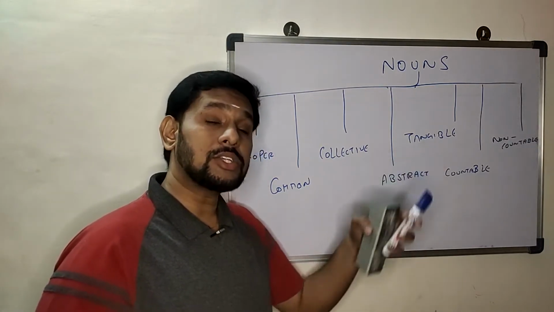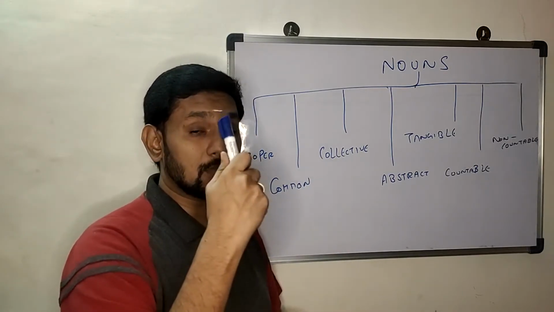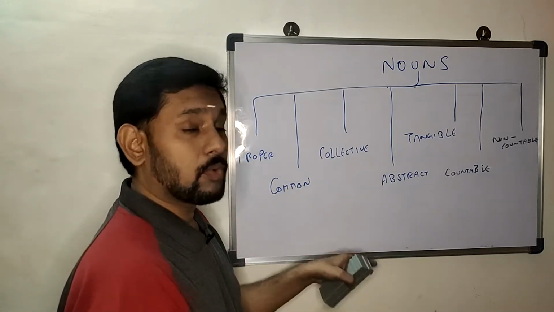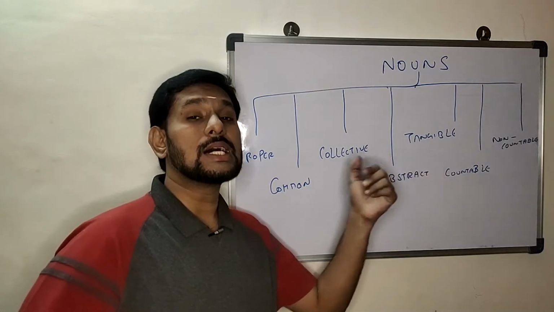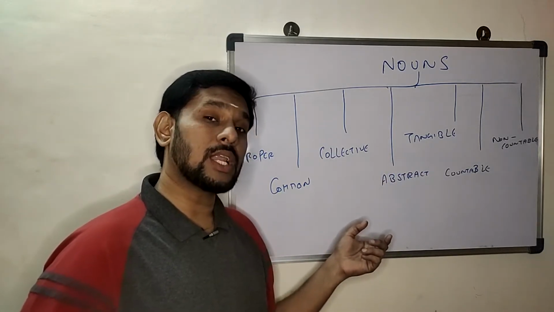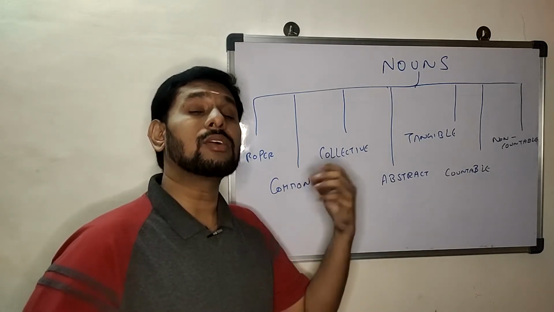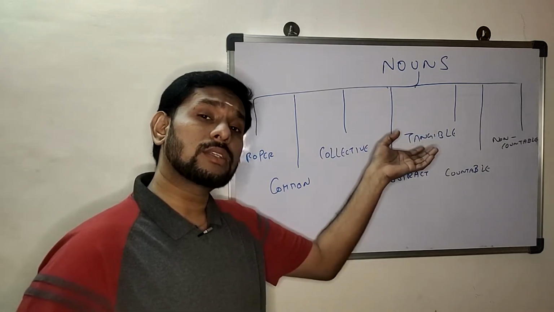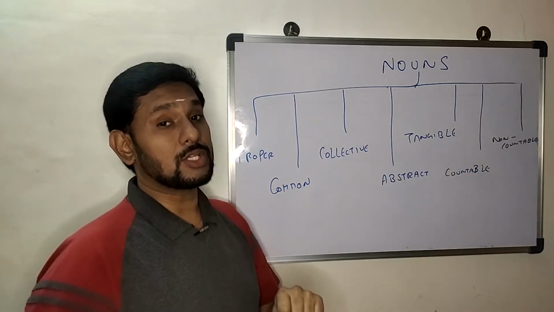Whereas a tangible noun is something that I can touch and feel as well. For example, this is a marker, wherein I can touch and feel the marker, right? This is a whiteboard, wherein I can touch and feel the whiteboard. That is what is called a tangible noun. Whereas an abstract noun is something I cannot touch, I can only feel. A tangible noun is also called a concrete noun, wherein you're able to touch and feel it. That is how it works out.